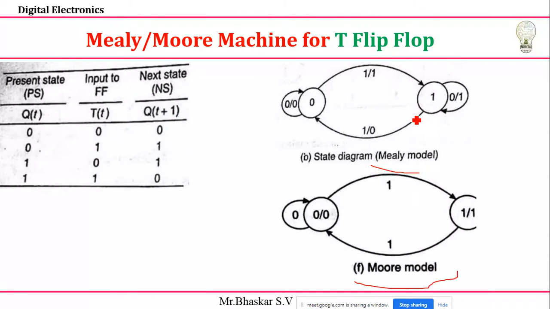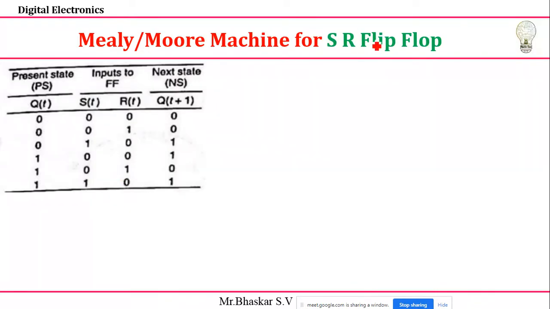I'll tell an easy method. Previously we had the D and T flip-flops, where we have only one bit, right? So one bit. That's why I took the present states as 0, 0, 1, 1, and the next inputs continuously written as 0 1 0 1. Then the respective conditions: you know the normal condition, 0 means no change, and 1 means toggling condition. Similarly, you can write. And coming here, S and R, two values are there.